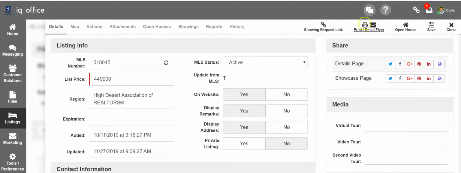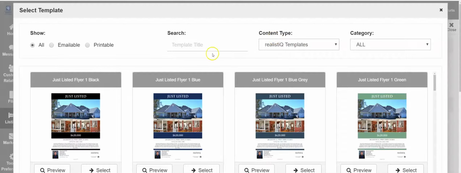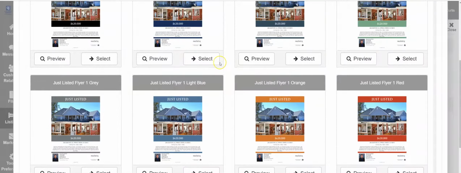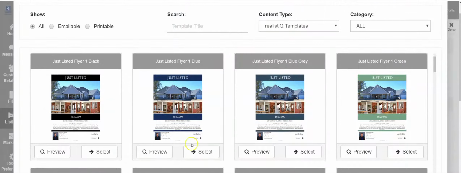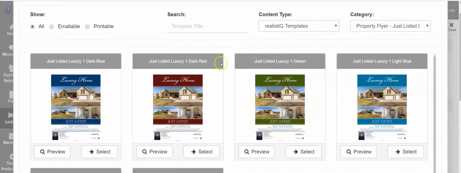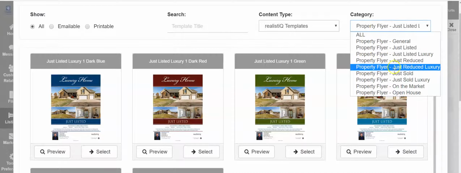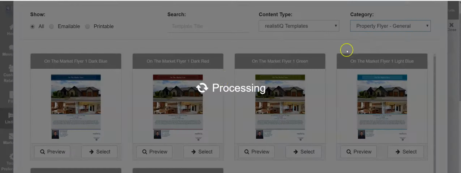You can print or email a flyer directly from the listing. I can say print or email my flyer. It's going to show me all the flyers I have available to me. So there's all the just listed flyers in here. I can go in, I can say, hey, I want this just listed flyer blue, or I want a just listed luxury, or I want an on the market flyer. So there's several different kinds of flyers you can choose from